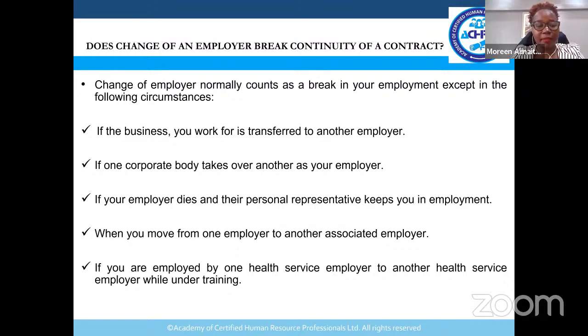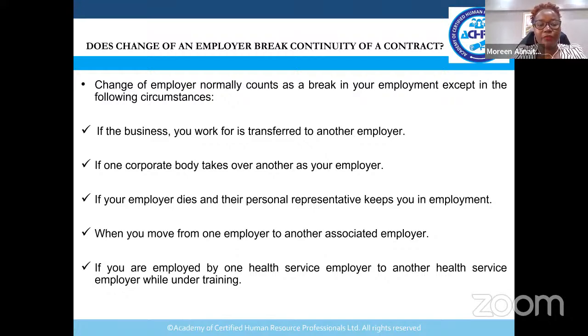Yeah, so we're saying if the business is transferred to a new employer, then it is considered that the employment has not broken. The contract has not broken. Most times we see they are specific about the terms of engagement. They'll say you will inherit all the debt, or you'll inherit all the employees that were working in that company before, you know. If one corporate body takes over another as your employer, you can have a continuity in the